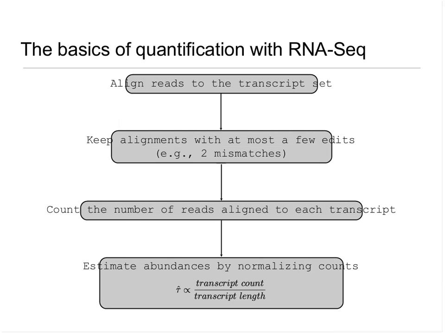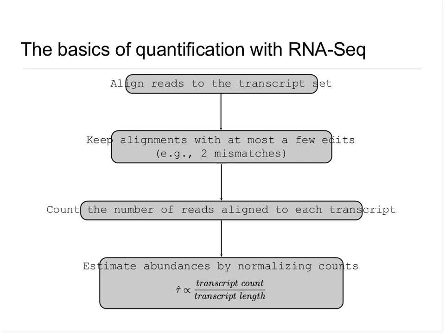One is to normalize by the length of each transcript, because the RNA-Seq protocol, just by its nature, tends to produce more fragments for longer transcripts because of the way that the fragmentation and priming occurs. And then you also need to normalize by all of the transcripts at once to get transcript fractions for each transcript. So each transcript occupies some percentage of the full transcriptome, and that's ultimately what you're estimating with RNA-Seq.